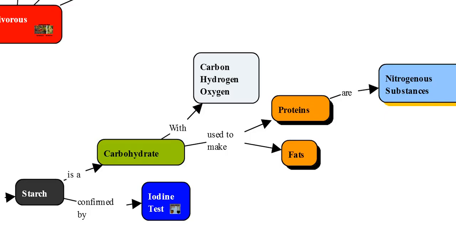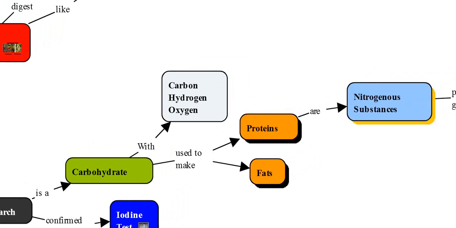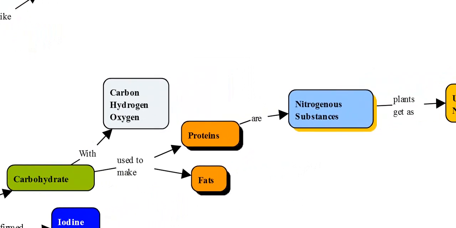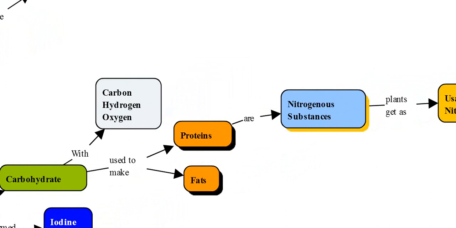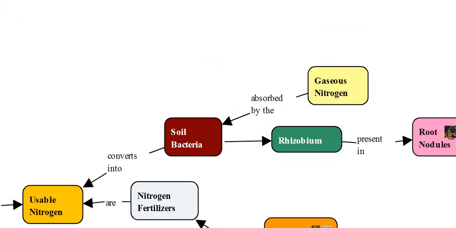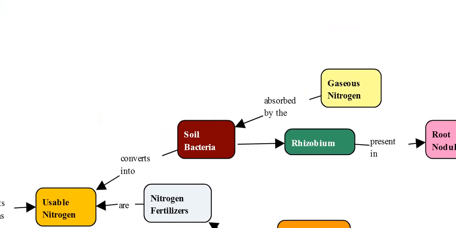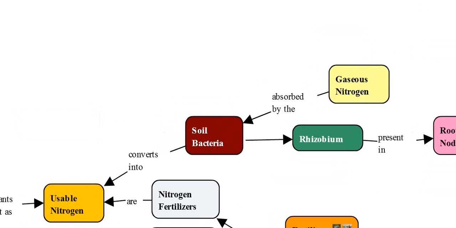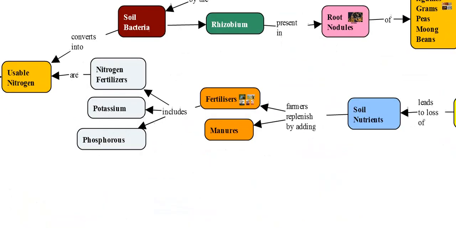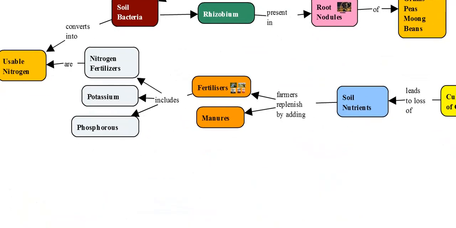Starch is a carbohydrate. Carbohydrate is made of carbon, hydrogen, and oxygen, which is used to make proteins and fats. Proteins are nitrogenous substances. Plants get these nitrogenous substances as usable nitrogen. There is a high amount of nitrogen present in the air as gaseous nitrogen. This nitrogen cannot be absorbed directly by the plants, so it is absorbed by the soil bacteria, which convert it into